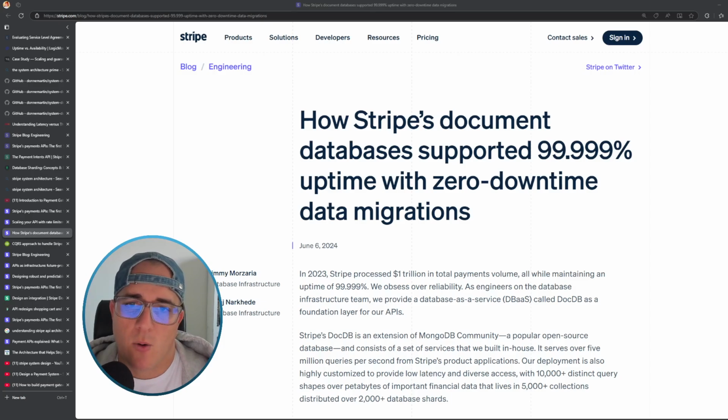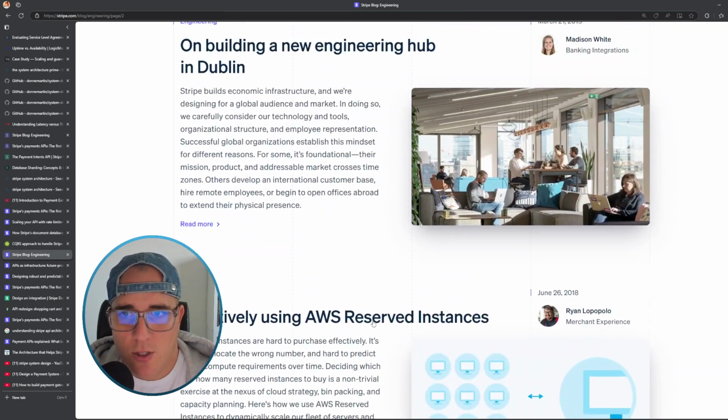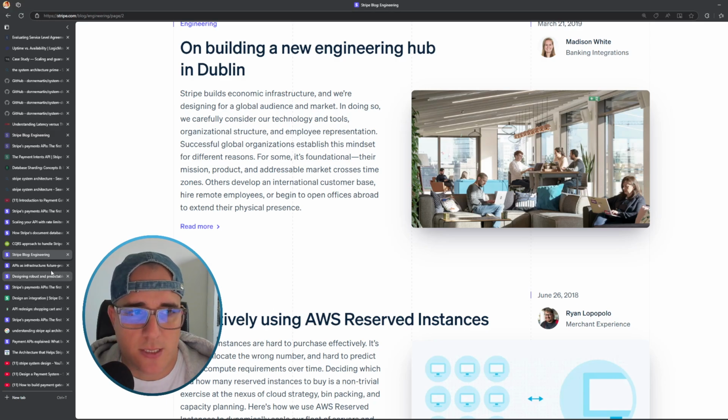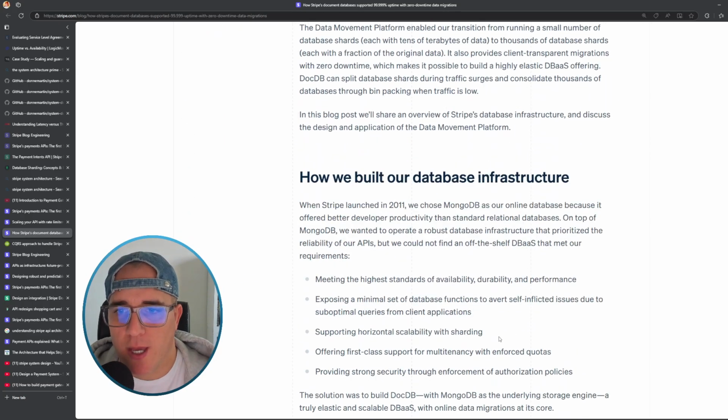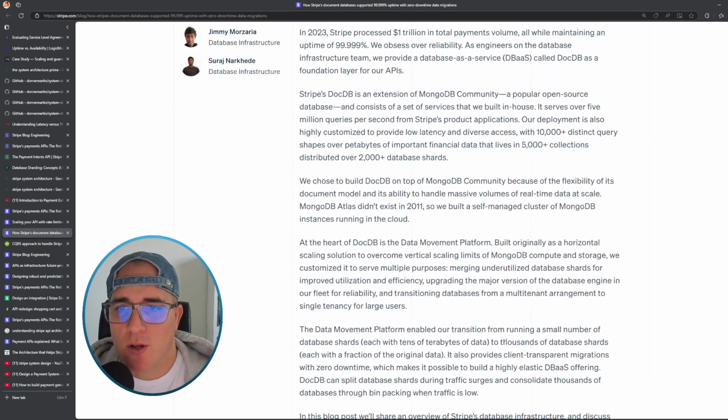If you followed to the end, I wasn't able to find a specific diagram of how this Stripe integration API works. So I spent the whole day digging through the Stripe engineering blog posts, trying to find some ideas on how they built this very cool API, and I found a specific entry that I'm going to study with you right now, because I think this is one of the most important entries that makes